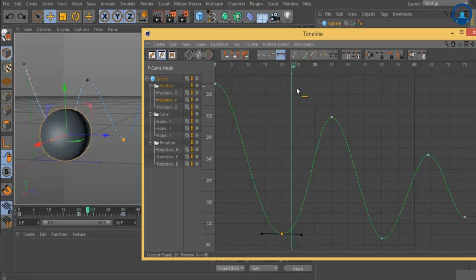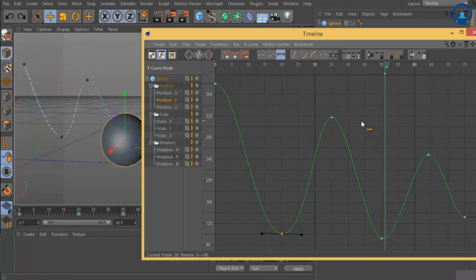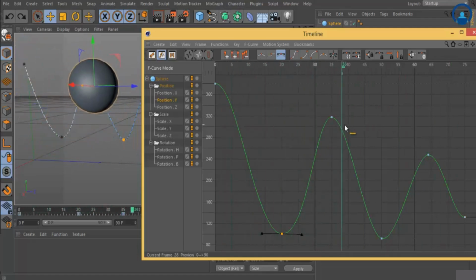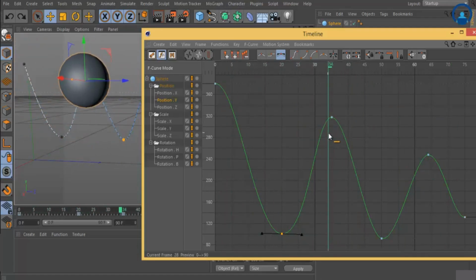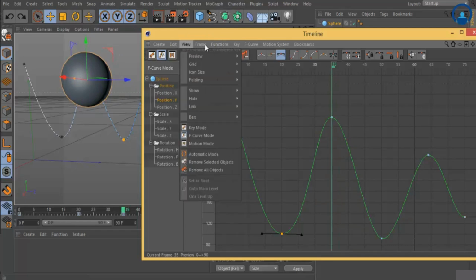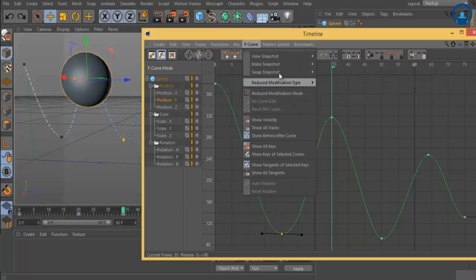Now I show you how can we use a snapshot feature inside F curve to improve my animation. So I go inside snapshot F curve option, and I click on this make snapshot.